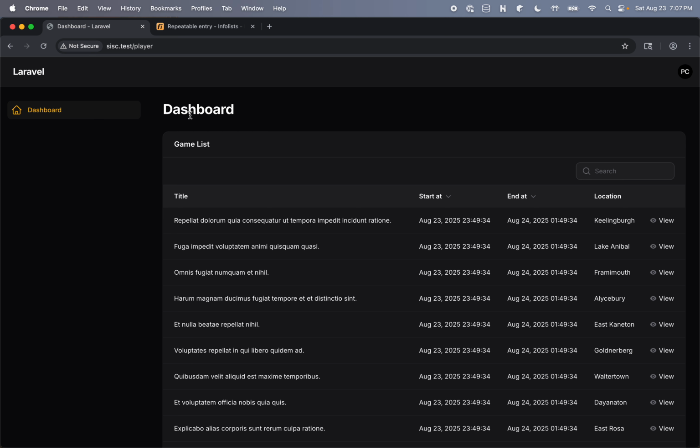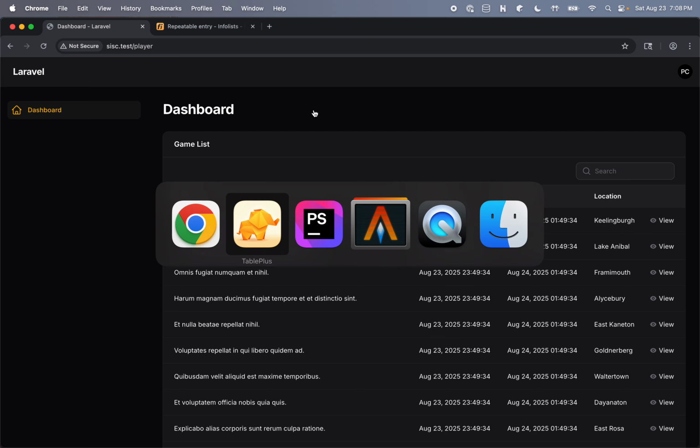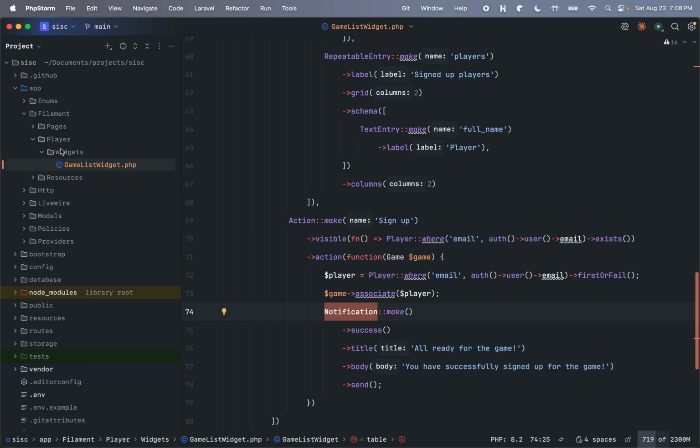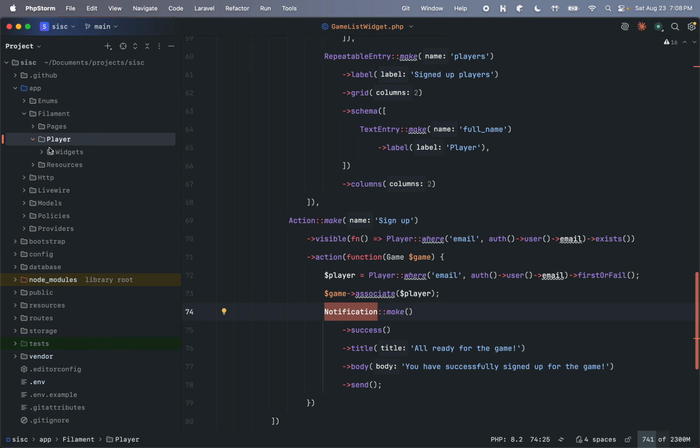We are going to let them register as a player and then sign up for the game. So how about we add an action button here up top and say register as a player, and this can be like a paid thing after all. And so for this, what we need to do is